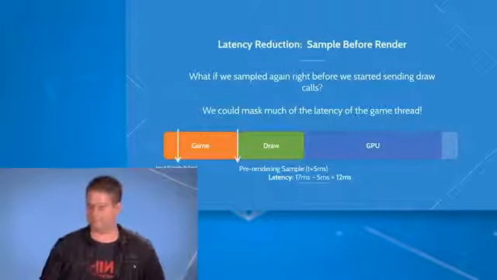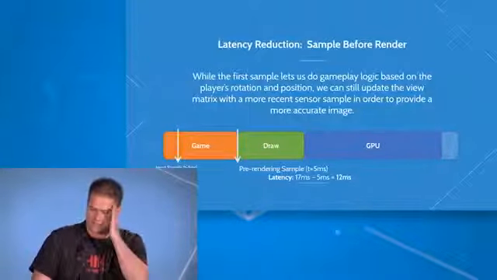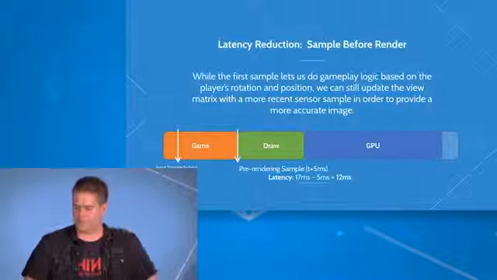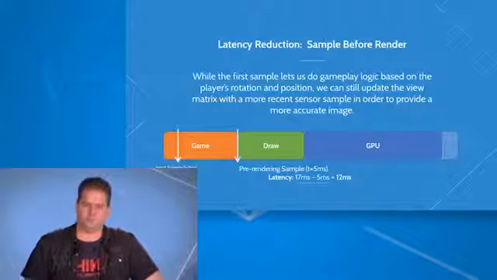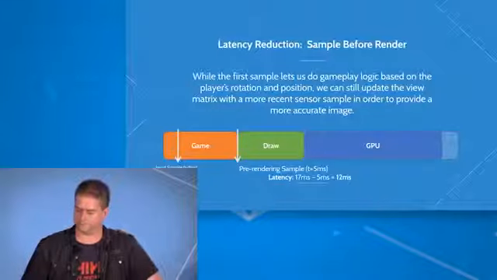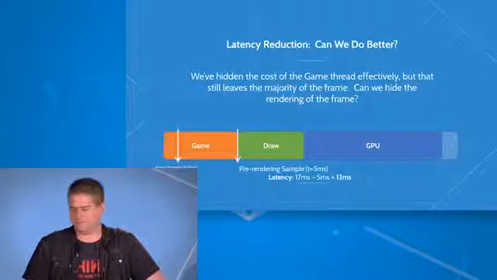So awesome, we shaved another few milliseconds off. Basically, the first sample lets us do the gameplay logic, like you can tell what you're looking at, tell what you're shooting at, but we can still update the view matrix before we send the data to the card to get a more recent and accurate view matrix to send to the renderer. So we've hidden the cost of the game thread effectively, but that means there's still a whole lot of draw and GPU time in there,